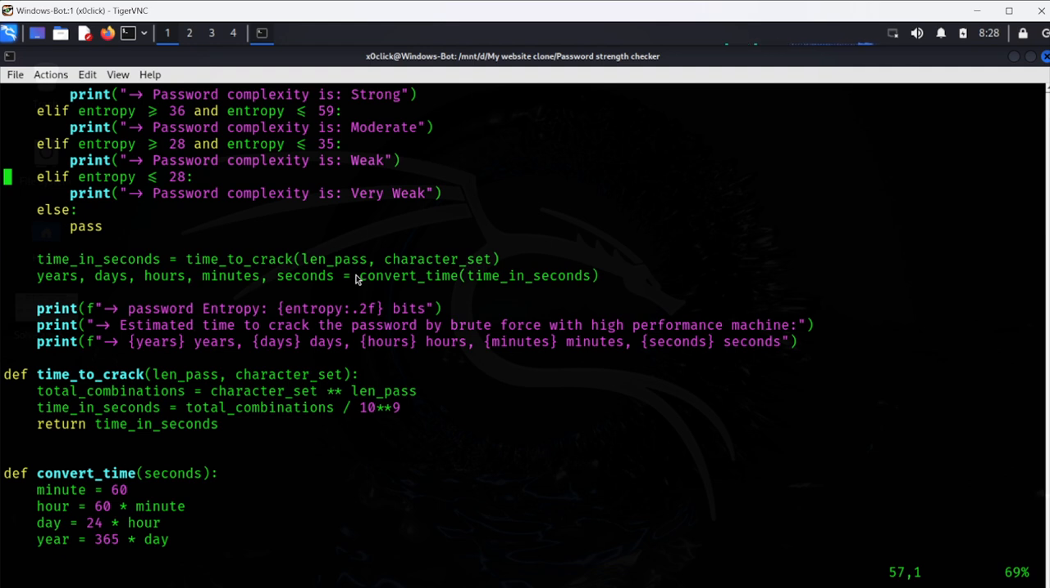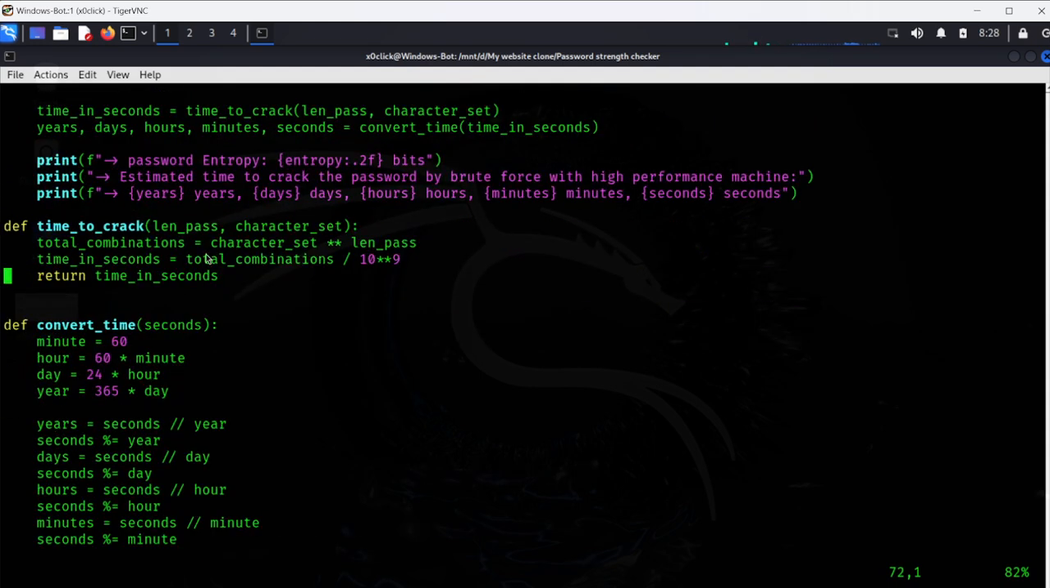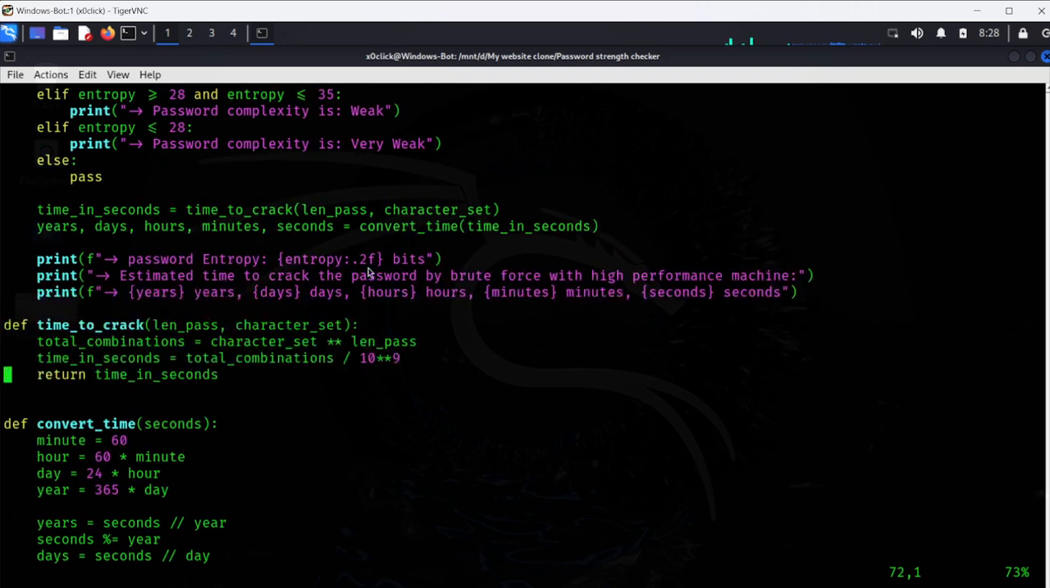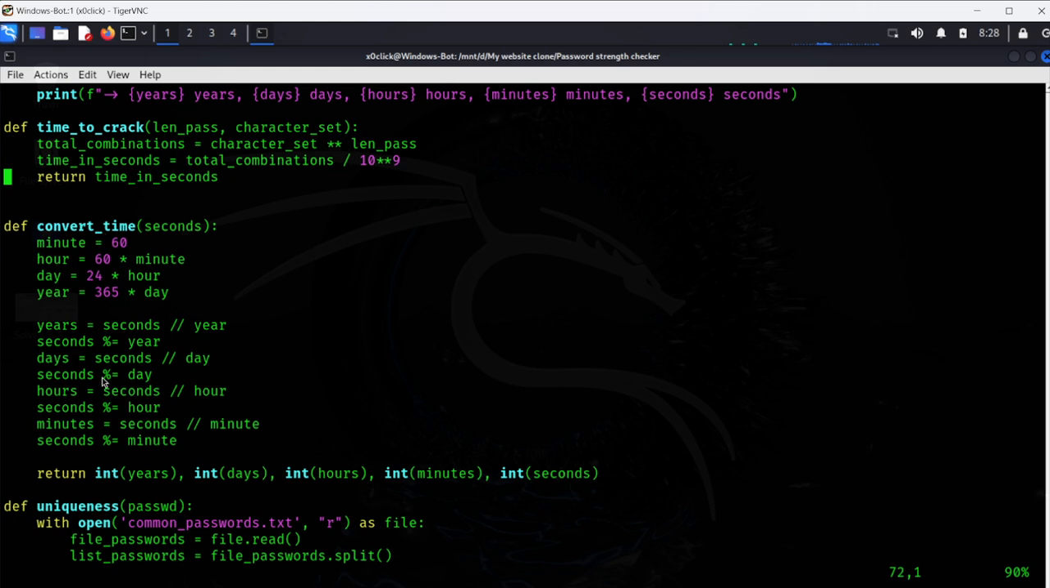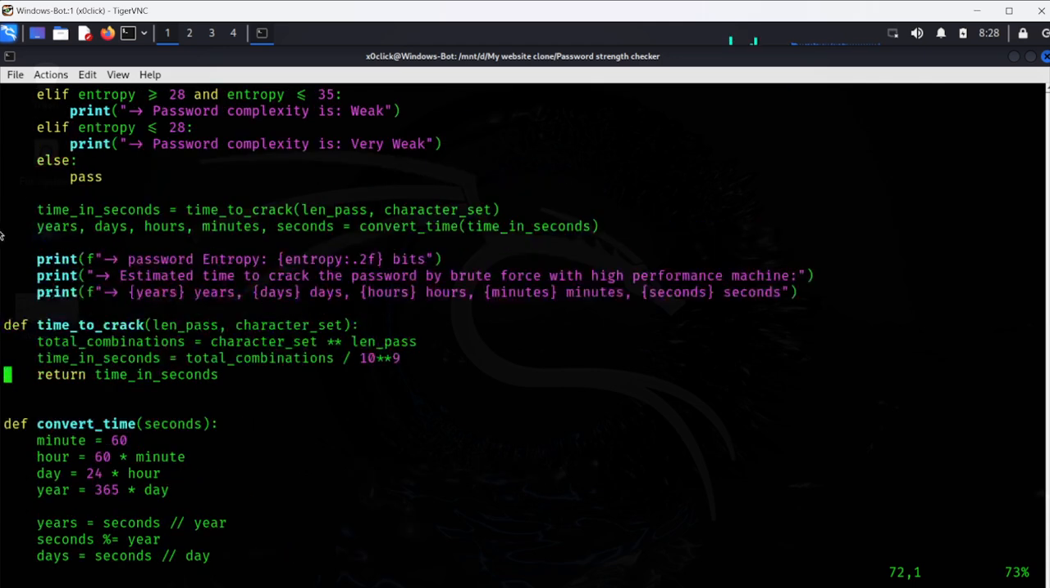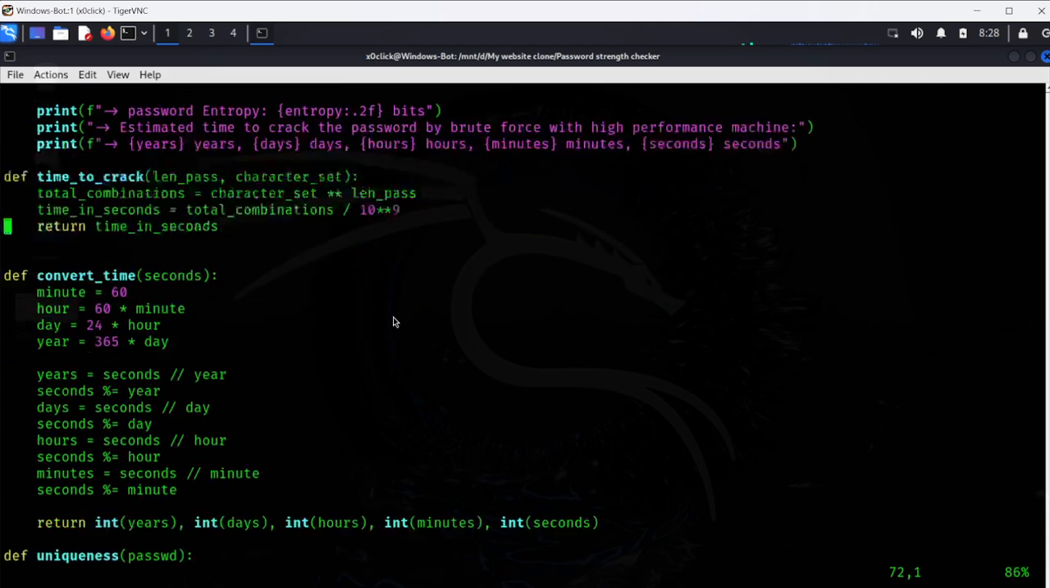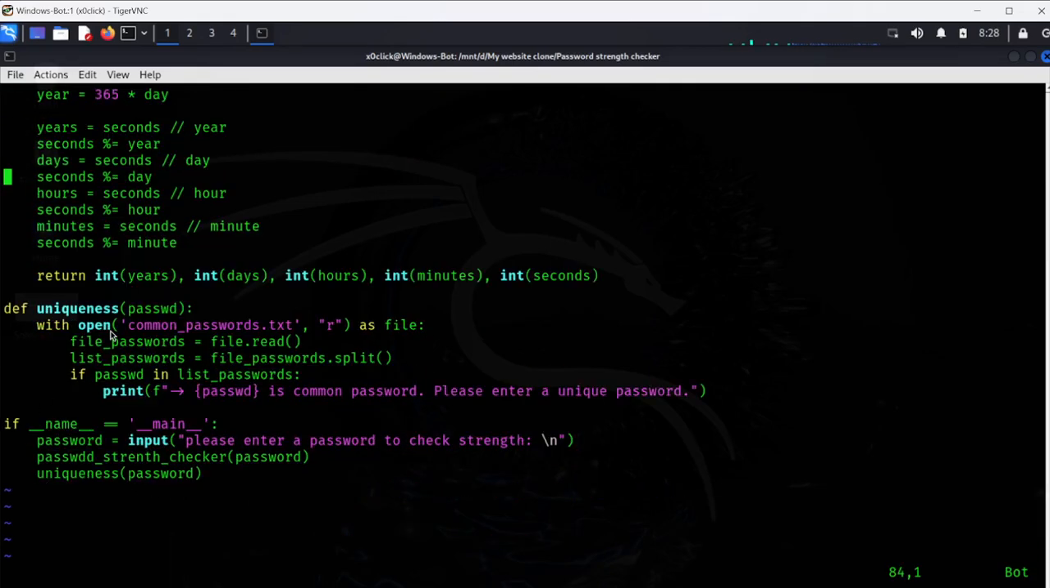If you give that much good password, then it will call the function, which calculates the time in seconds. Then again it will ask the function to convert the time in seconds, and it goes here and converts the time in seconds into years, days, hours, and seconds. It will return to the function here, and it will display the password entropy and the time to crack. And then ultimately, in the final